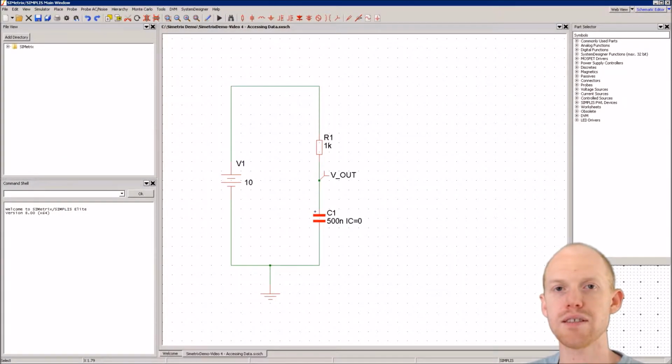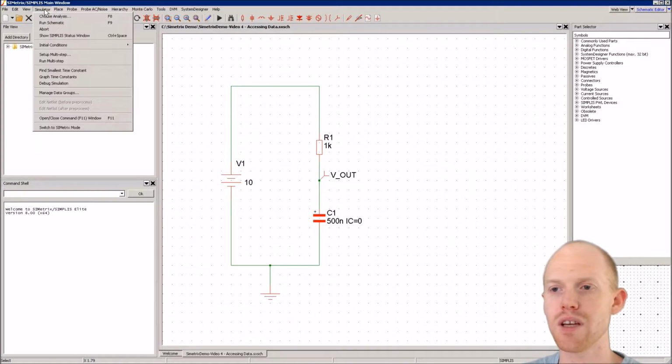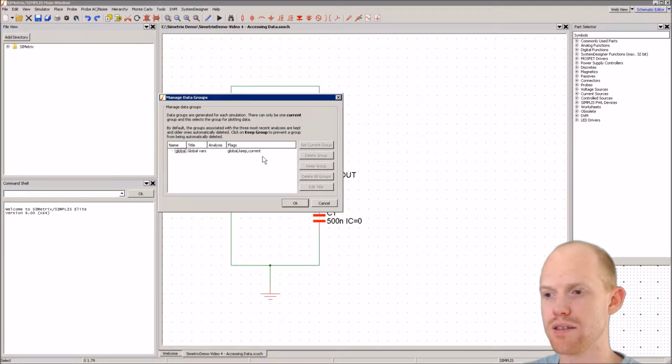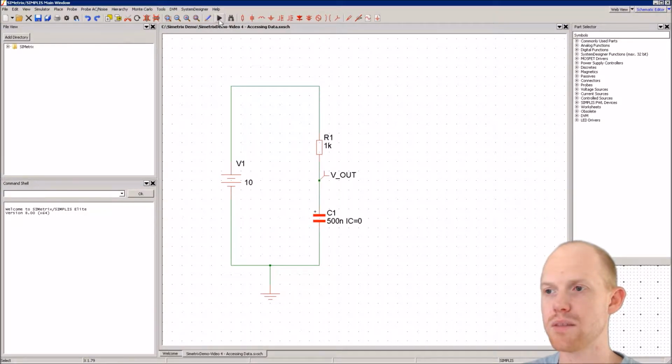Welcome to Circuit Analysis. Today we're going to be talking about scripting and accessing data from simulations. So here's our circuit from the previous video, and if you remember from before, you can go to Simulator and Manage Data Groups, and you'll see right now we have no data groups. But if we run the simulation,